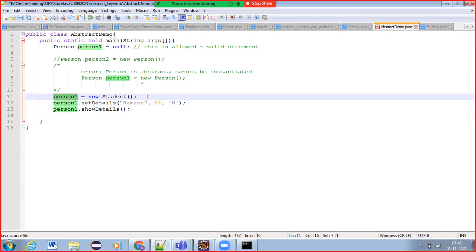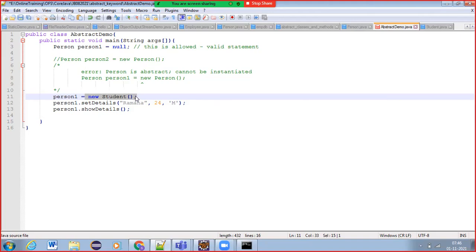This one we discussed in inheritance. A superclass reference variable can be used to store the reference of subclass objects. This is possible, but the reverse is not possible.